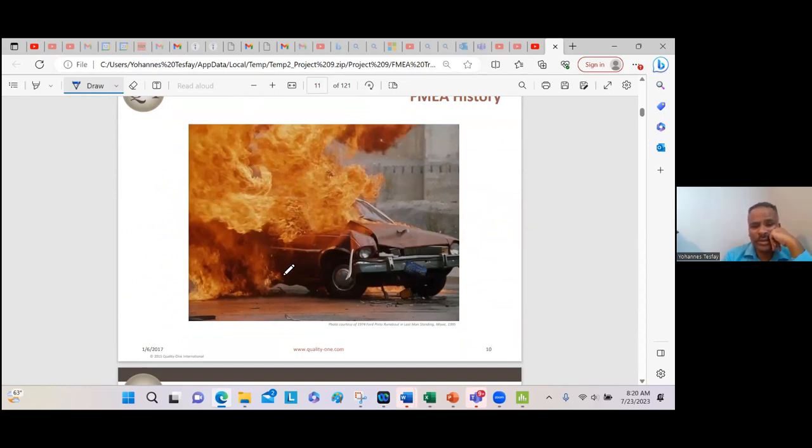Just an example, okay, those are Ford cars, and what happened is, suppose this is a car. Okay, so